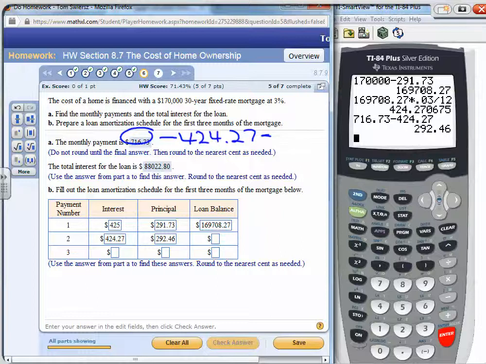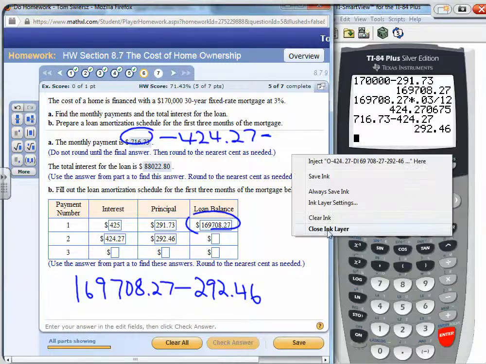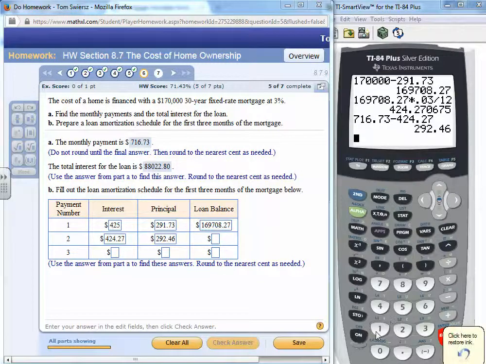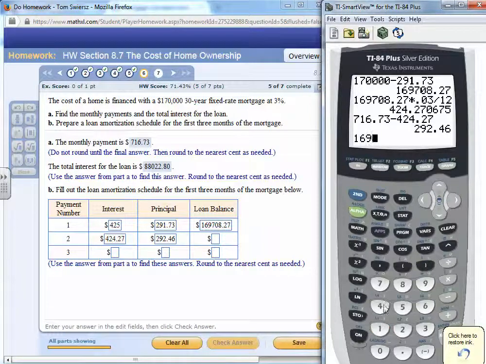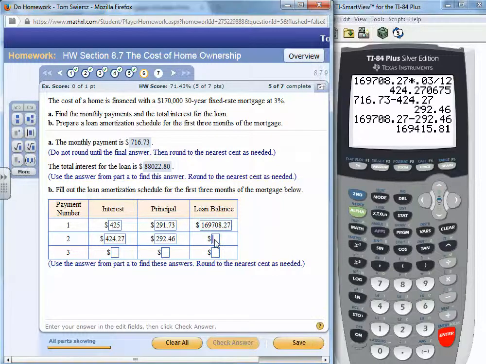Now, what's the loan balance? Remember, it was at 169,708.27 after the first month, minus what goes towards principal, 292.46. So we'll do that on our calculator to get the loan balance after 2 months. We have 169,708.27 minus principal 292.46, and we get